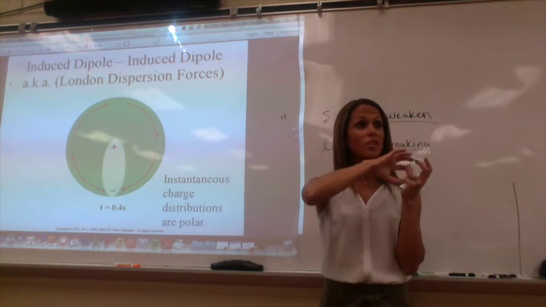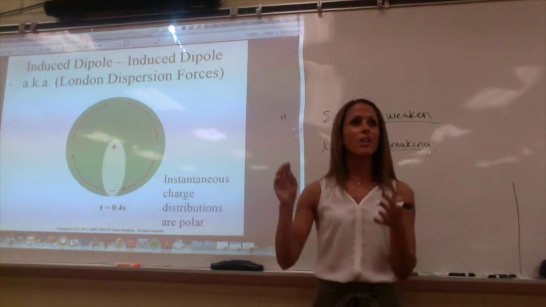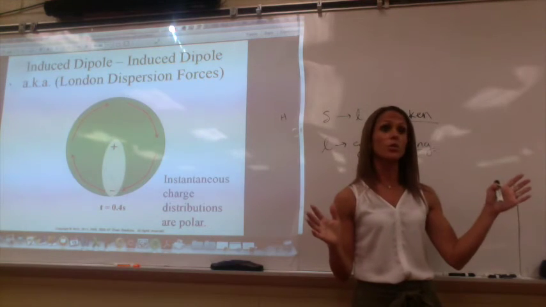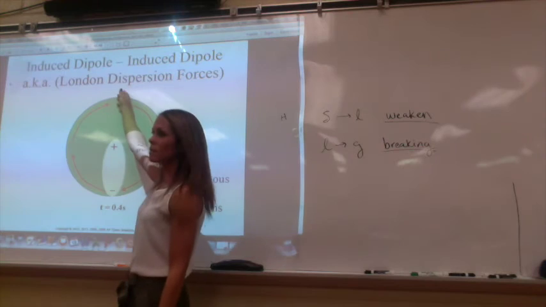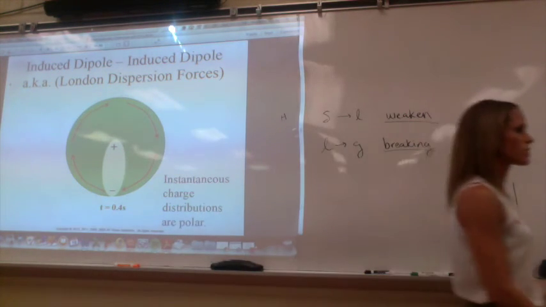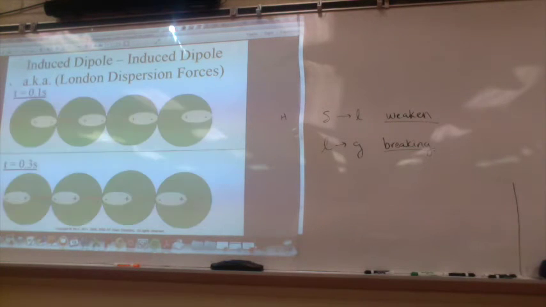But if I'm looking at electrons, electrons are whooshing around this molecule, and I can sort of grasp an electrostatic force of attraction between another molecule doing the same thing. So if this side becomes negative over here, then this side must be positive, and they'll align themselves so that they can have forces of attraction. So overall, the molecule is not polar, but you can get these instantaneous polar moments.